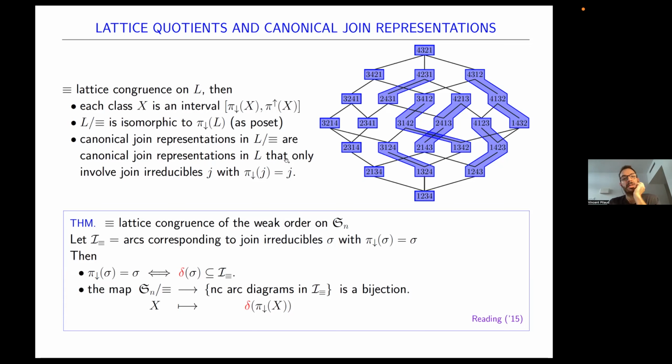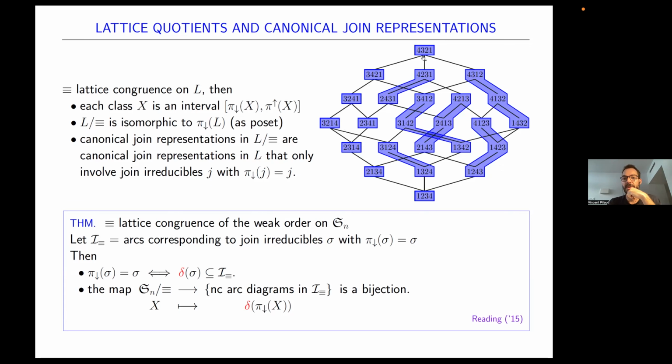And even more, if L is a semidistributive lattice, then the quotient is again semidistributive. And the canonical join representations in the quotient, you can think of them as just the canonical join representations in your lattice that only involve join irreducibles which are minimal in their classes. So let me explain that here in